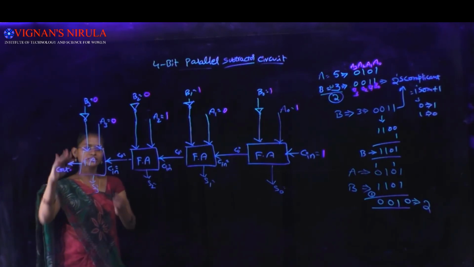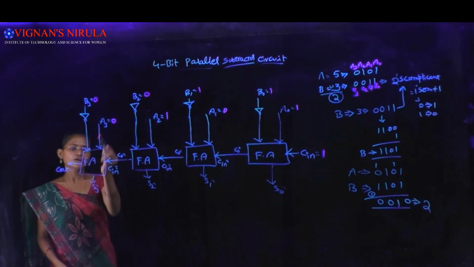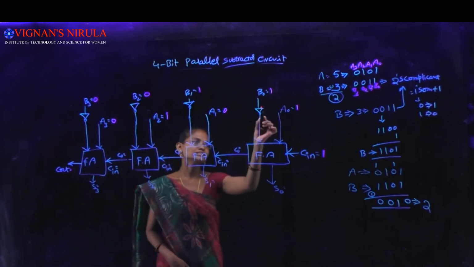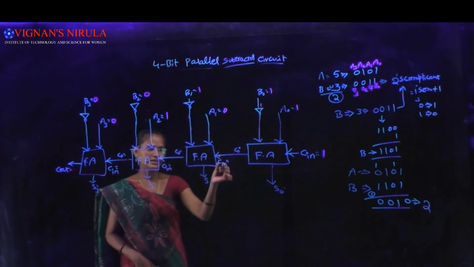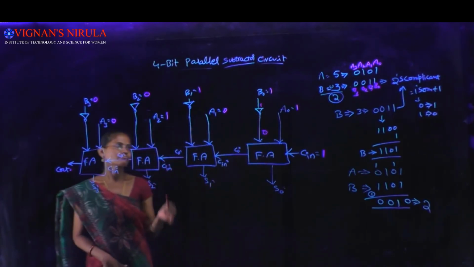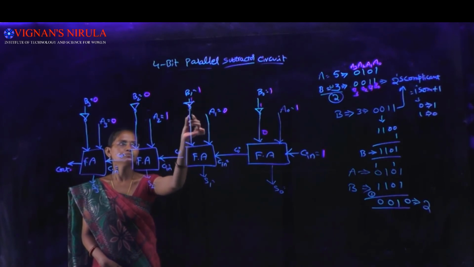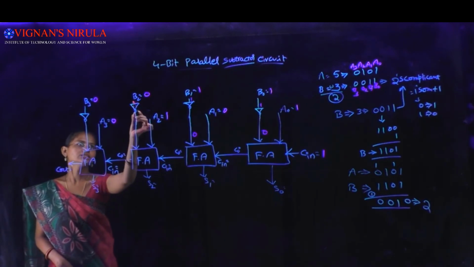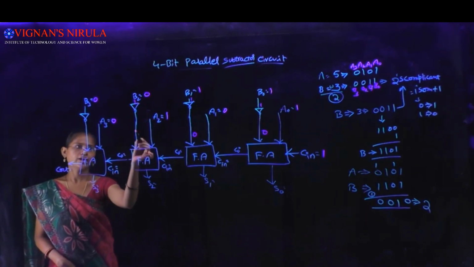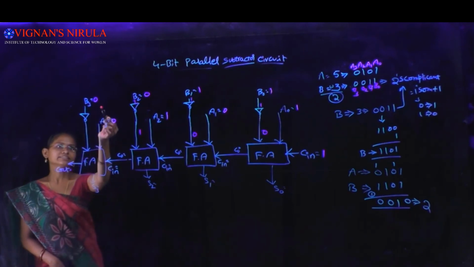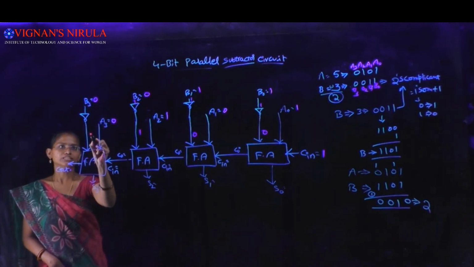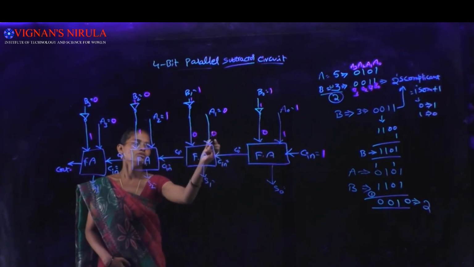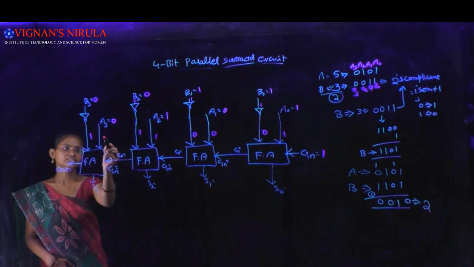Here we are using the NOT gate. And what is the NOT gate operation? Inverse of the input. Here 1 is connected to the NOT gate, output is 0. Here also 1 is input to the NOT gate and output is 0. And here 0 is input to the NOT gate and output is 1. And here 0 is input to the NOT gate, output is 1. Okay, here A0 is 1, A1 is 0, A2 is 1 and A3 is 0.